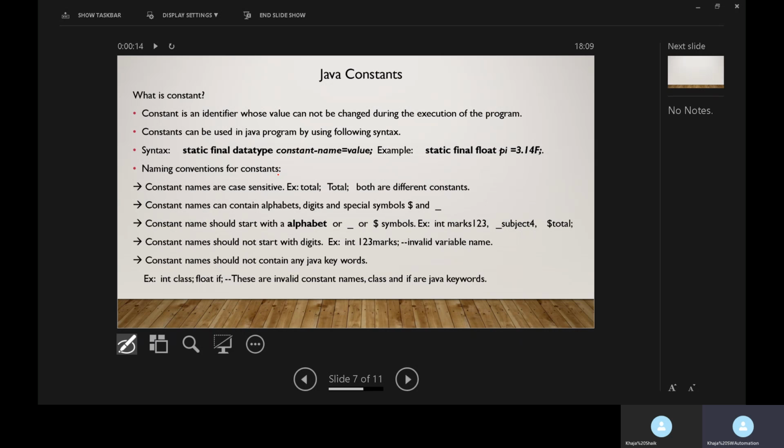That is the common practice we apply. Otherwise, we can use the constant names also as variable names. But the common practice is to use uppercase letters for constants, and if there is more than one word in a constant, the words are separated with an underscore. So this is about constants.